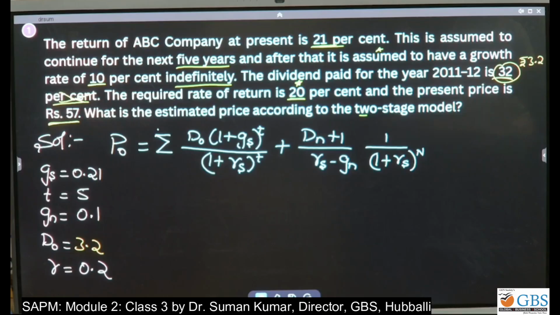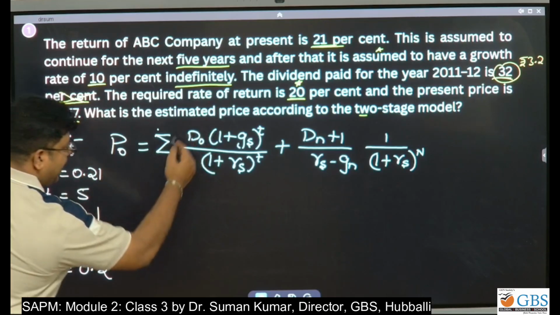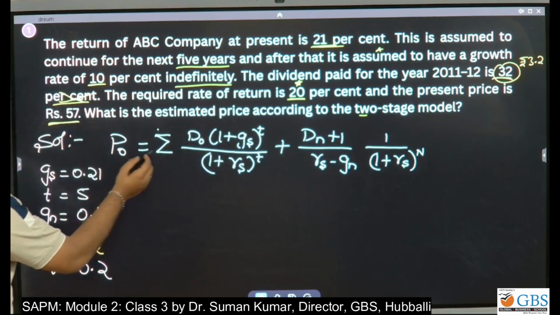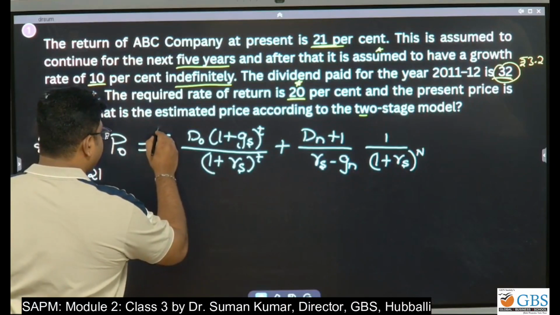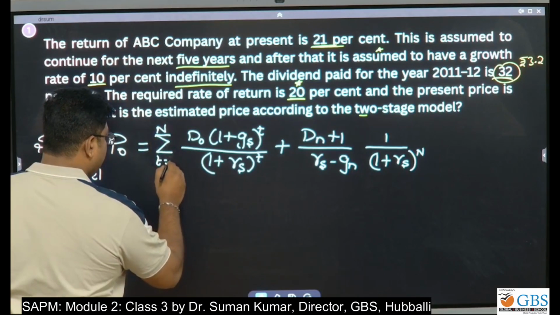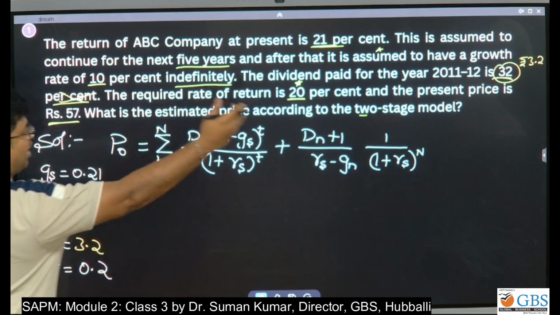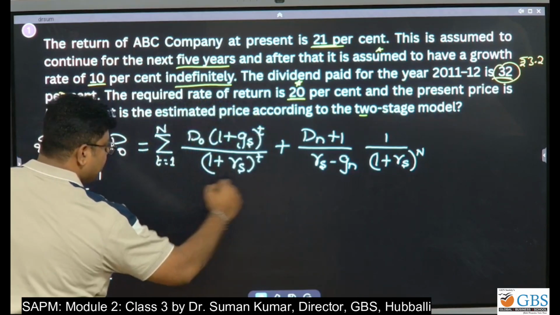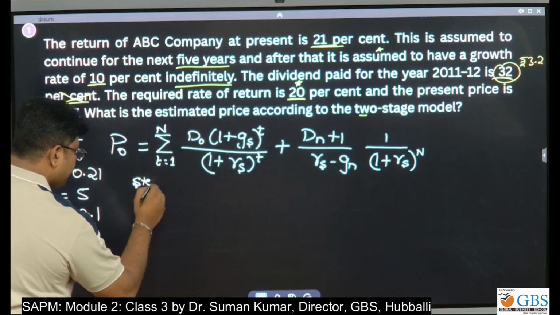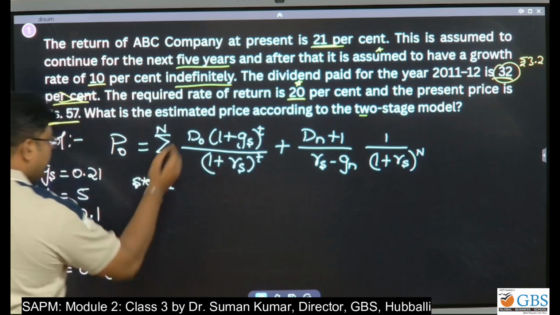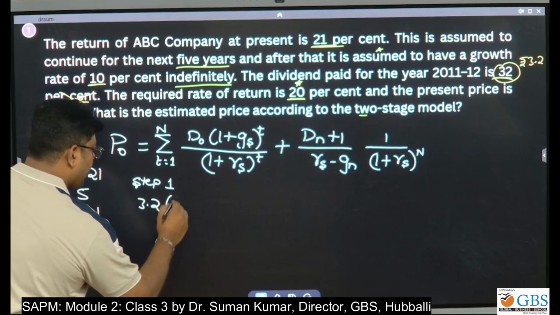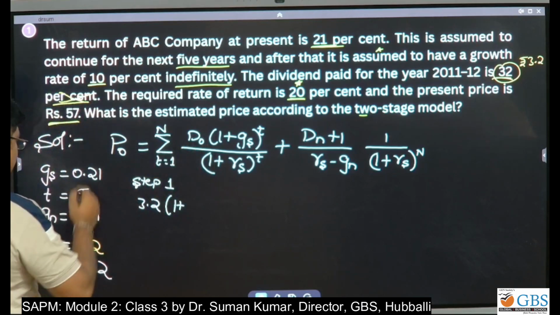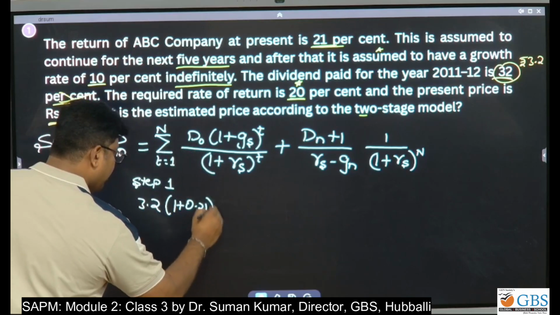Step 1, only take down this part. It is a summation, correct? So summation for how many years? We can write t is equal to 1, and we need to take up to 5 years. I am taking this part. Step number 1. So d naught is nothing but 3.2, (1 plus gs), 0.21 raised to